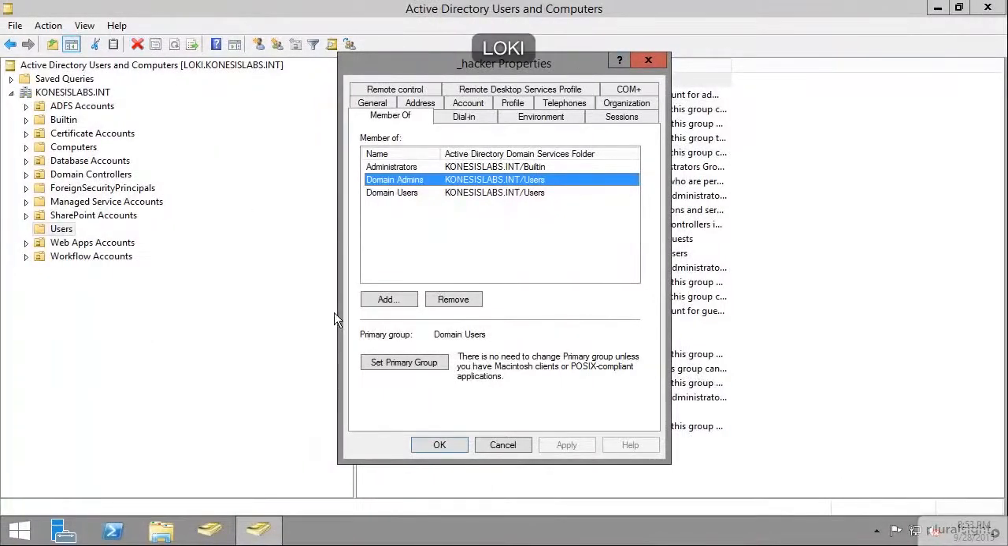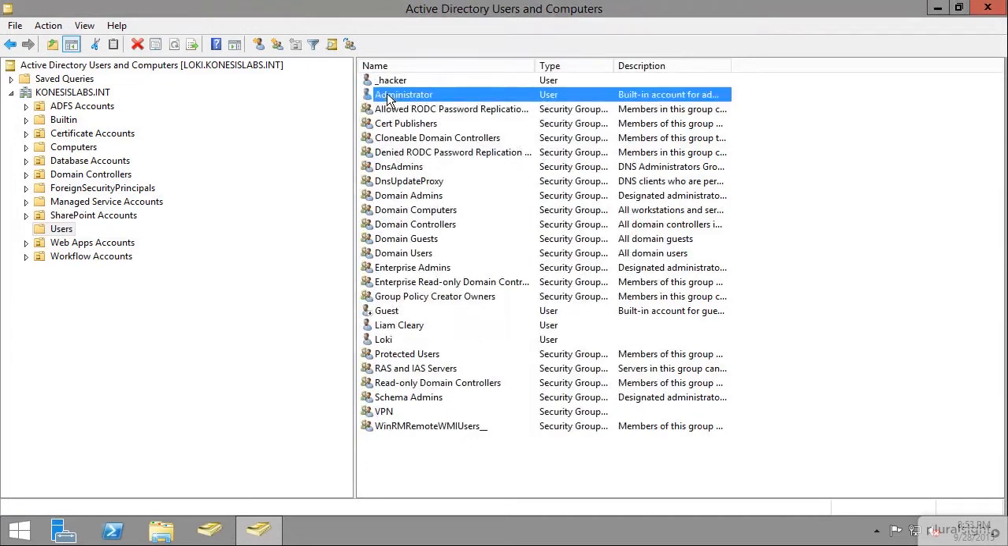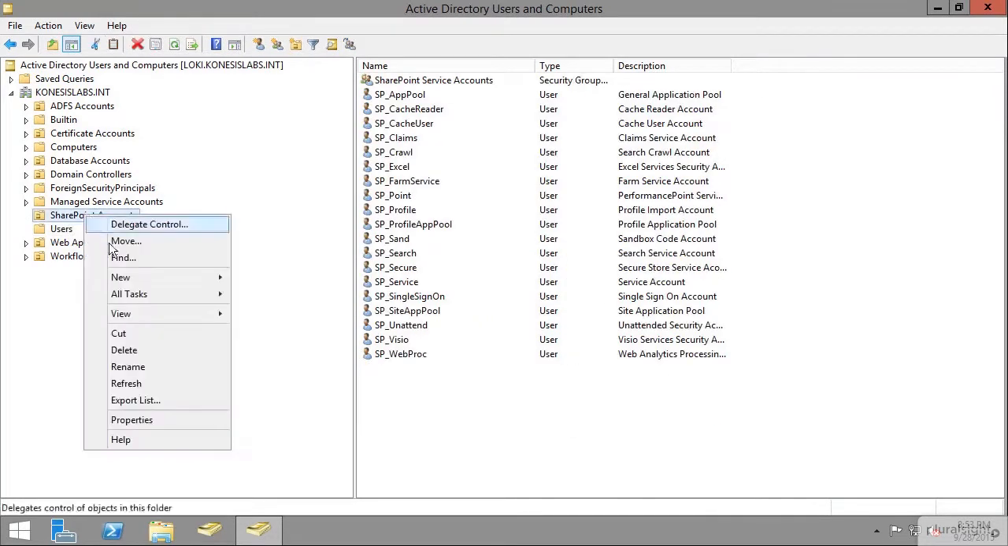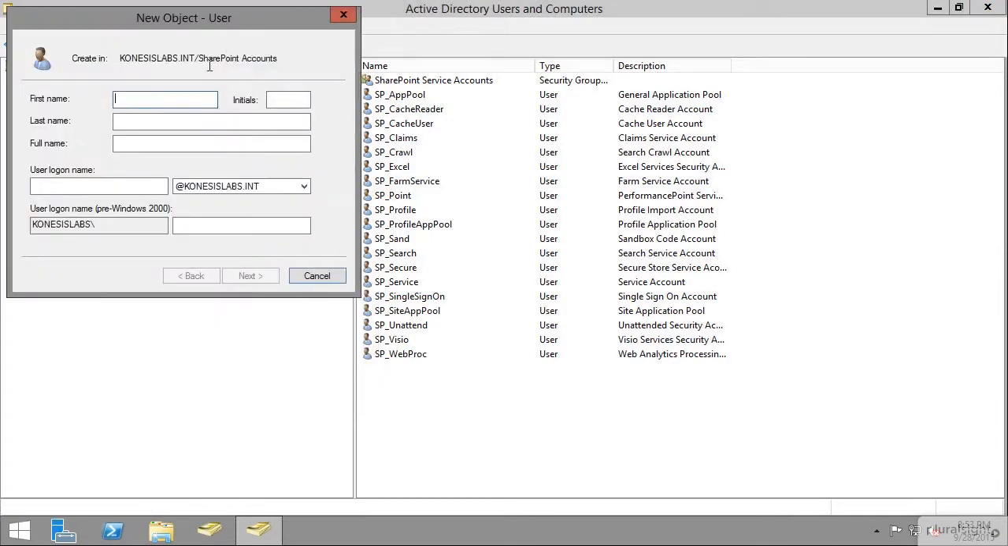So here I am back at the Active Directory server. I'm going to cancel that, and I'm going to pretend to be an administrator. So I have a new administrator, or I need to create a new SharePoint account. So I'm going to go ahead and right click on SharePoint and say new user. I'm going to call it